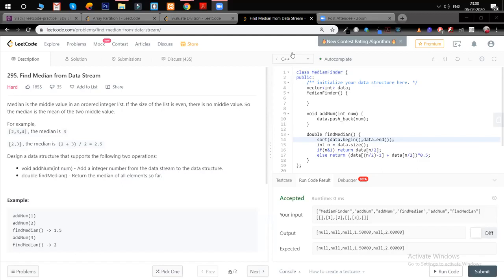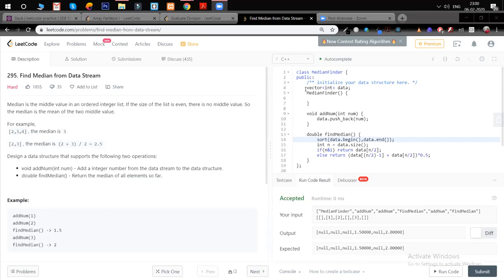And what about the one which Abhishek was explaining? How much time will it take for adding the number? Adding the number is log n for finding the position, and then it depends on what data structure you are using. If you are using a vector in STL, it is log n for actually putting the number in place because you have to shift the numbers. If you are using an array in Java, then it is order of n. Got it. So order of log n plus log n if I use a vector, and if using an array in Java, order of log n plus order of n.